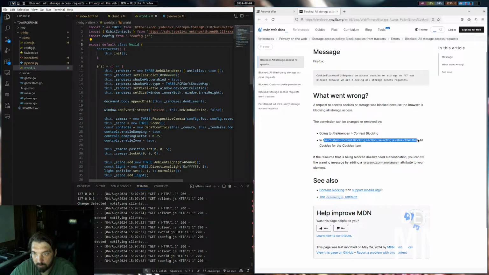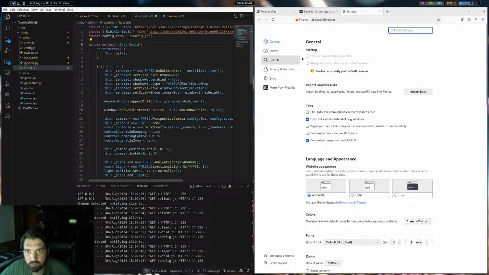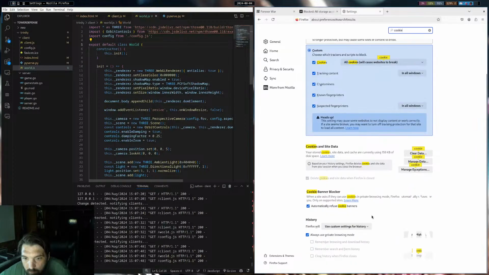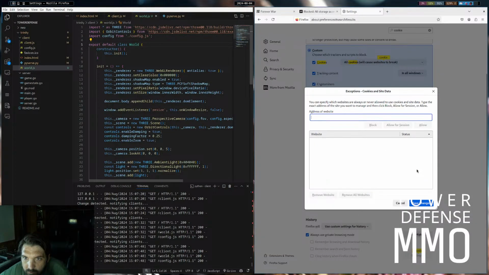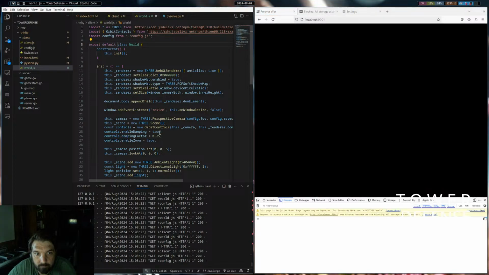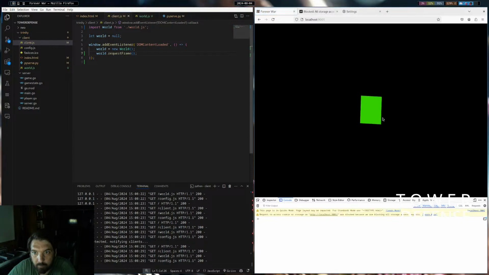Content blocking. Settings. See, we can't have changes made and then it not update. Manage exceptions, address of website, localhost, allow. Will that work? Oh, okay, so then when we say world, and now we want to say world request frame. There we go. Cool. And if we delete that,